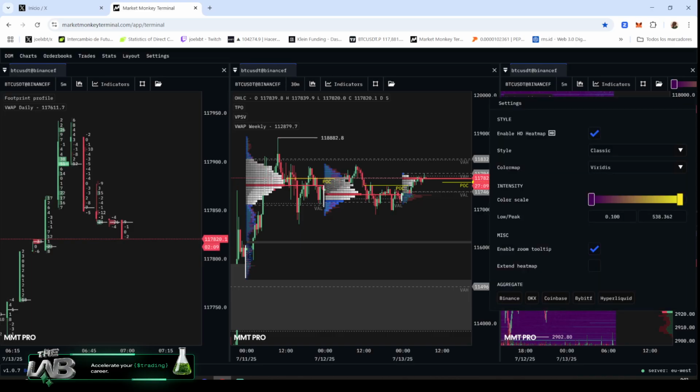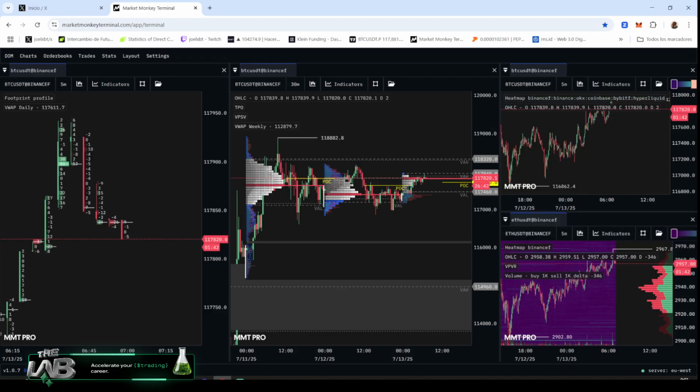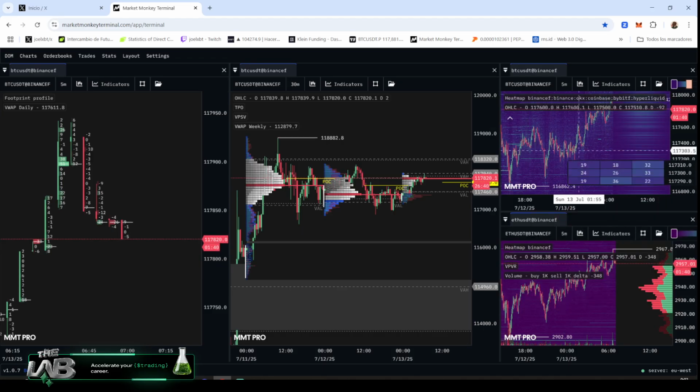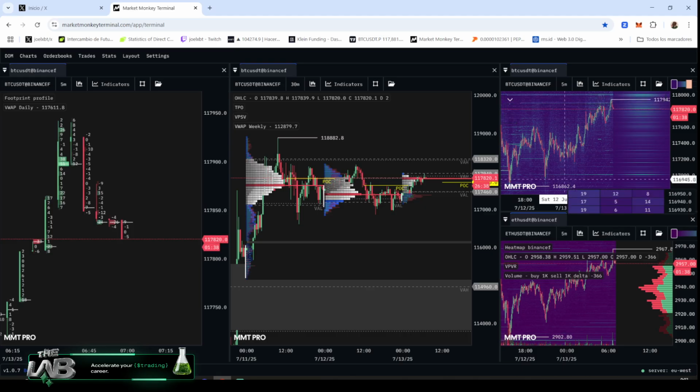I go to heatmap, and what I like to heatmap, I go extend, and I go HD. Okay, I go Gaussian. I like this one, and I go MMT. I like the MMT one. My preference. You can test and see which color you like. This is own preference. I go here to the middle. You can use, if you want, aggregate, so you can aggregate different or all types of exchanges. It is your own preference. Then this will charge, and here you have your